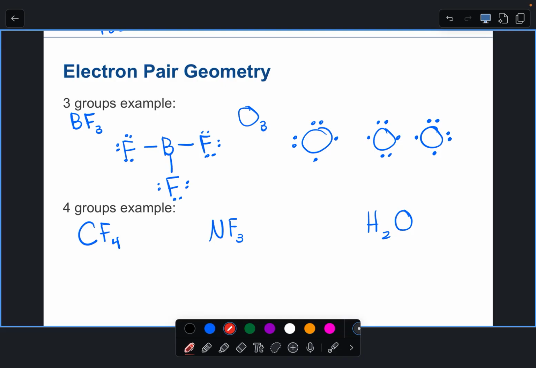Okay, so let's look at O3 together if you haven't finished yet. So they each have six valence electrons. We need to start by actually bonding them together, okay? And then we're like, well, wait, there's those 2 lone electrons on the 2 outer ones. Like, those can't bond. How do we do this? The only way to really handle it is to move one of these electrons to make a pair on the one that's on the far right,